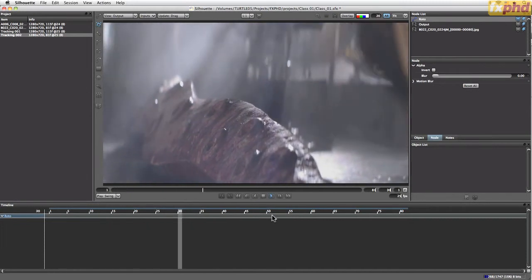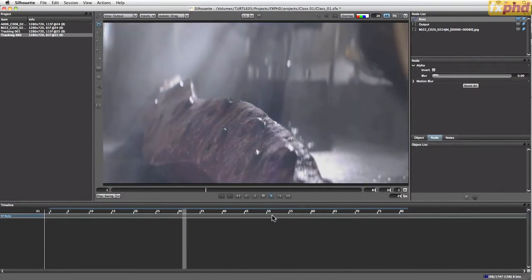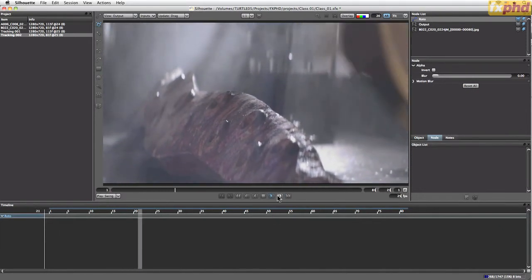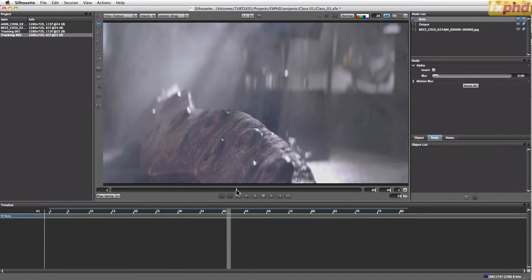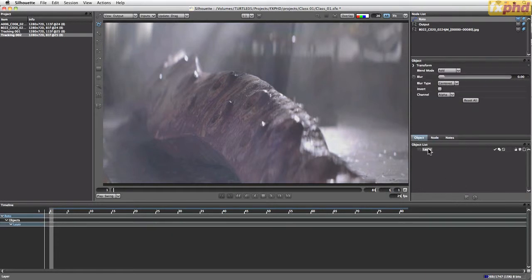So in terms of tracking, for a long time the point tracker was the only game in town, but over the last few years planar tracking technologies really started to change all of that up, and we're seeing tracking tools that can track a whole load of different shapes and shots with a lot more ease than just using the point tracker. Let's come in, and what we're going to do here is look at our little tentacle